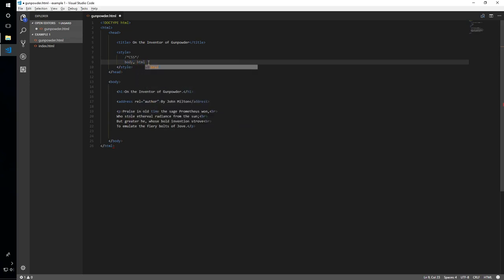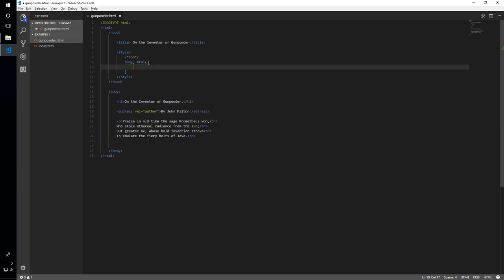for both body and HTML. I like to do both here because it eliminates some of the confusion. Different browsers have different ways of interpreting what is going to be the default rule. So if you just do both like this, it'll be ubiquitous in the way that it handles relative size. So let's just say we want to make a new font size that's, I don't know,